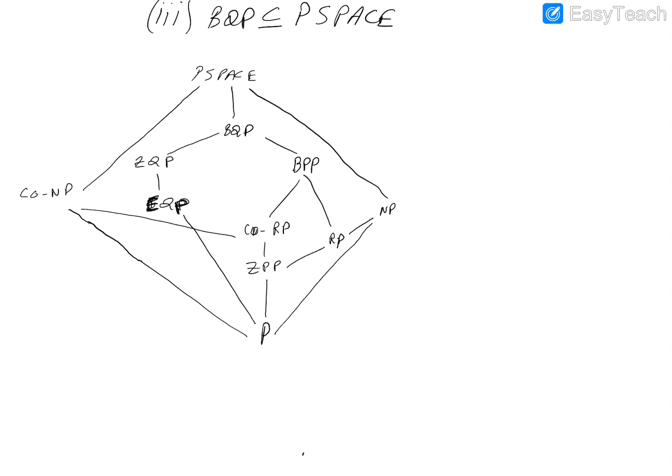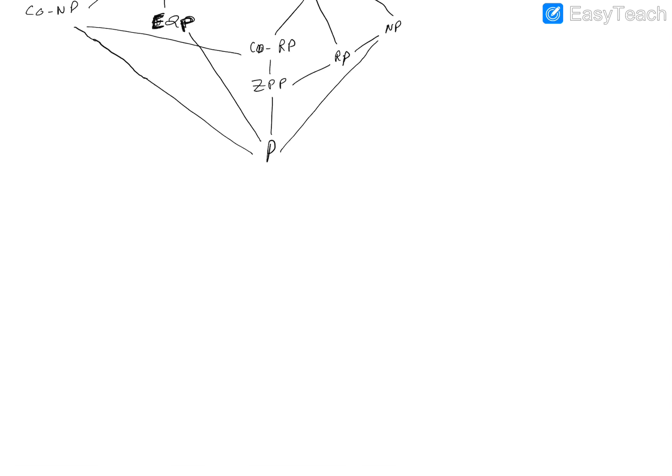A natural question that we can ask is whether or not non-deterministic computations have any advantage over deterministic computations in terms of space complexity. Okay, and the answer is negative. Non-deterministic computations don't have any serious advantage over deterministic computations in terms of space complexity, because Savitch's theorem tells us that